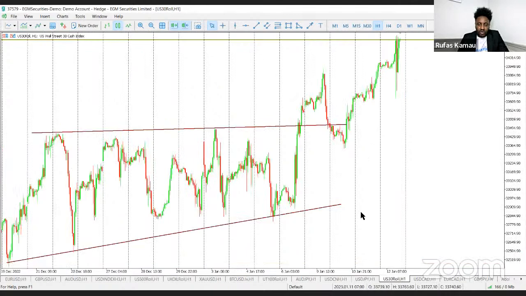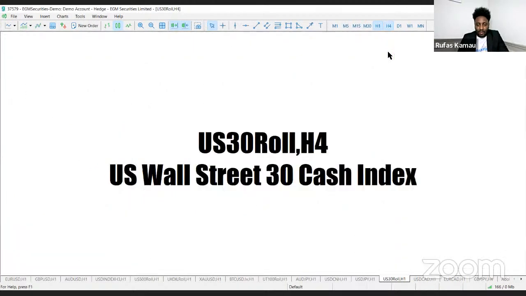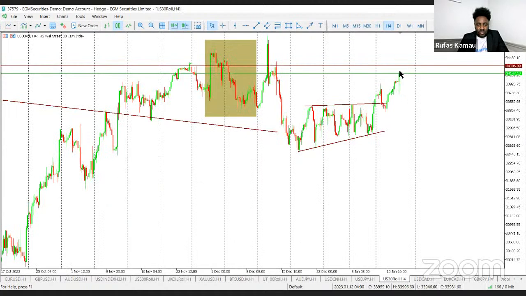So as for the Dow, it has been the most bullish among the three top indices. So clearly making a very strong movement last week on Friday. And then today seems to be continuing along the same path. Already hit a major level here. So potentially we'll be looking at getting to these resistance areas here that were last met in December.